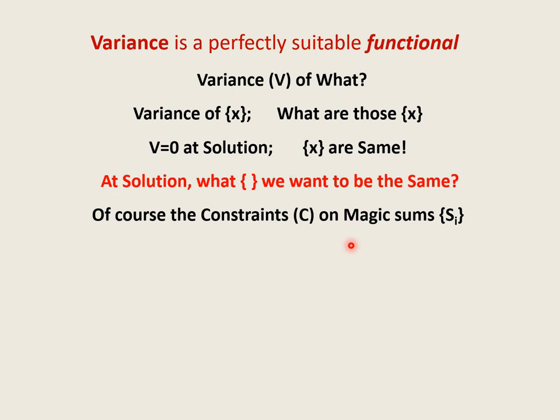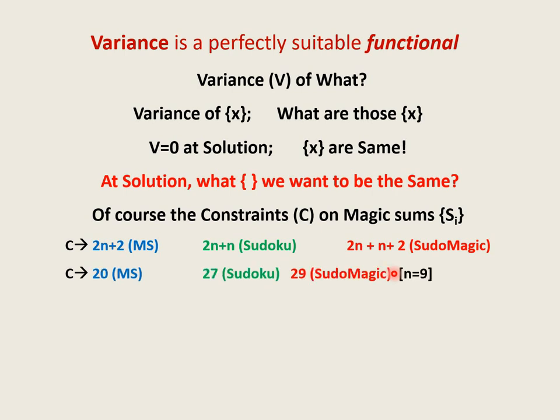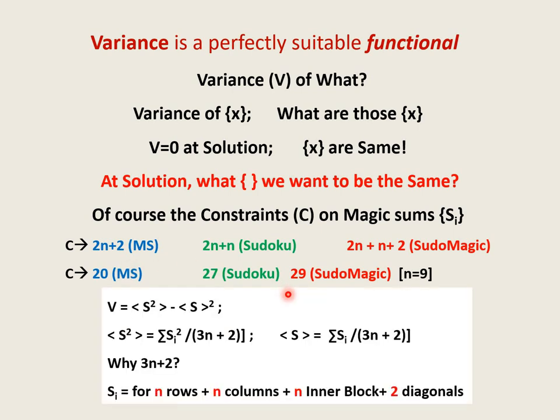So they are constants, and the constants must be the same. How many constants? As I mentioned, it's different for different problems. For example, if n is 9, then it is 20, 27, and 29. So precisely in our problem, variance is s square average minus s average square, and you have to calculate